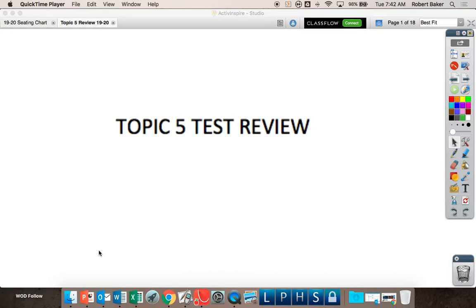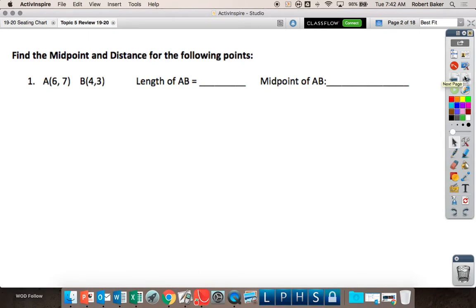Alright, topic 5, test review. The first couple questions are looking at midpoint and distance. So you have to use two different formulas. You need to use the distance formula to calculate the length of AB and the midpoint formula to calculate the